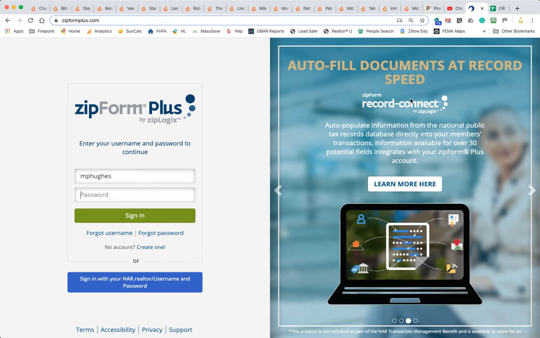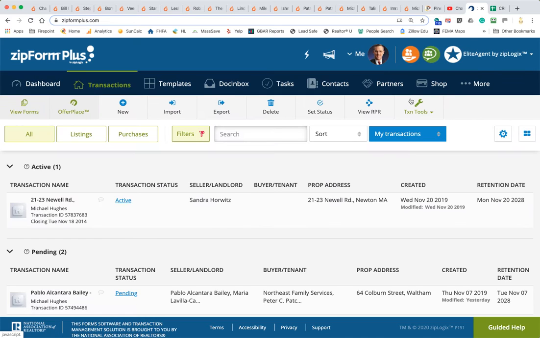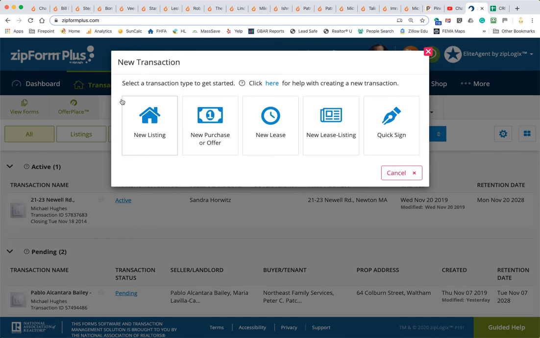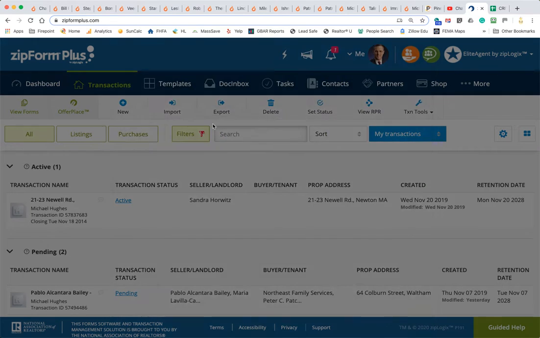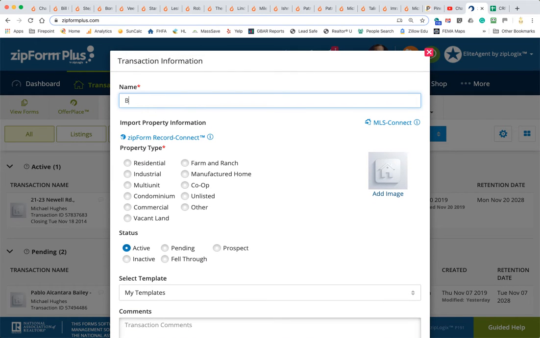This video is going to show you how to create buyer and seller templates inside of ZipForms. Now, one of the best things that this system has to offer is the ability to streamline your workflow. And so if you're working with a buyer, for example, let's say buyer test,